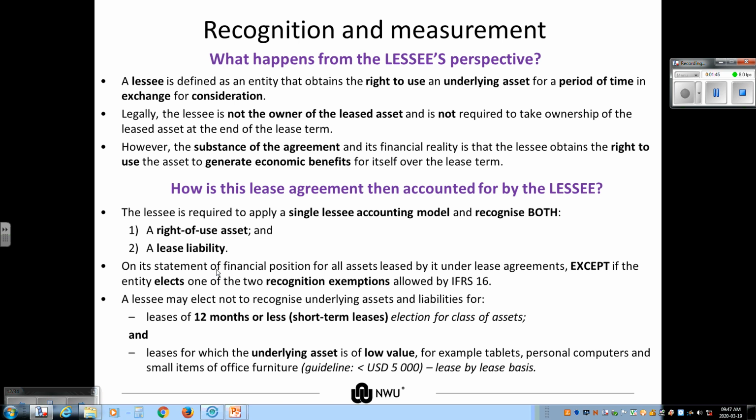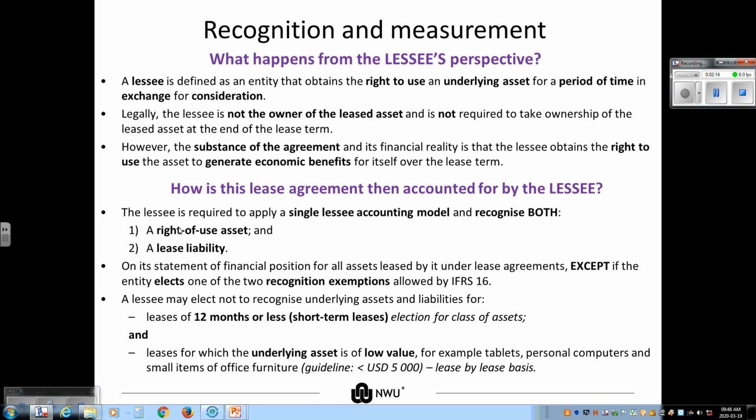So this means in certain circumstances, a lessee does not have to recognize a right of use asset or a lease liability. And it's an election, so they can choose, do I want to use one of the two recognition exemptions or rather not? So a lessee may elect, so may choose not to recognize an underlying asset or liability,